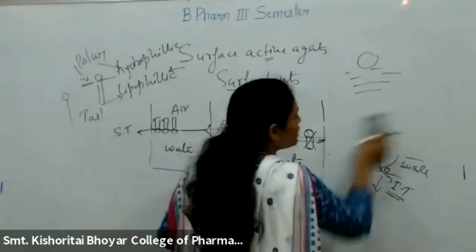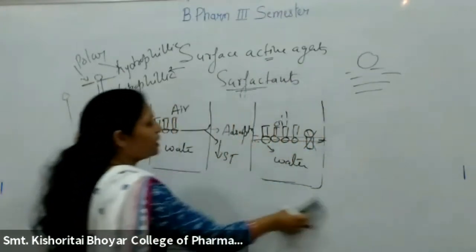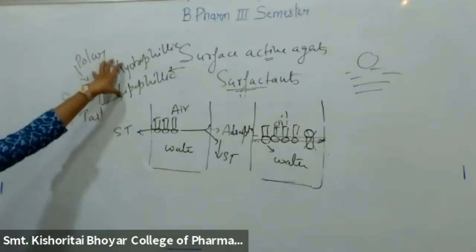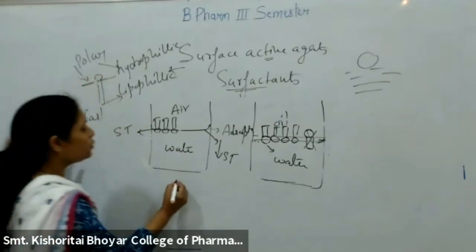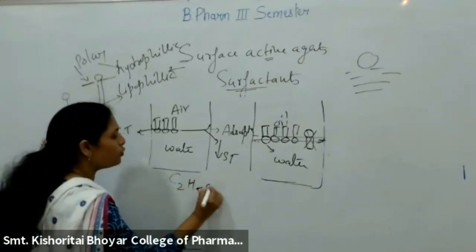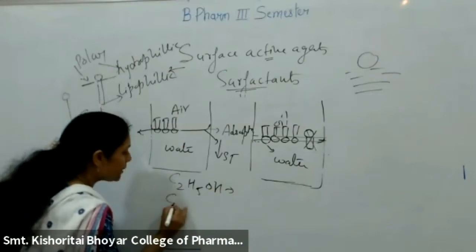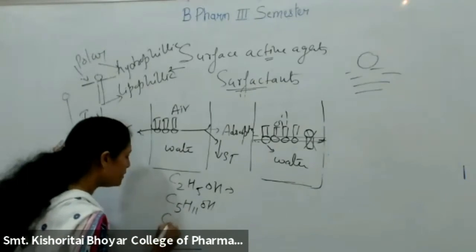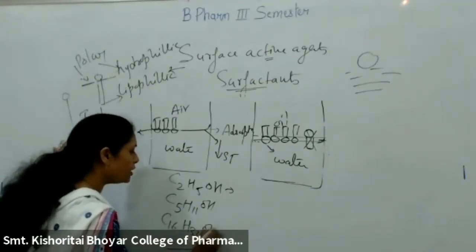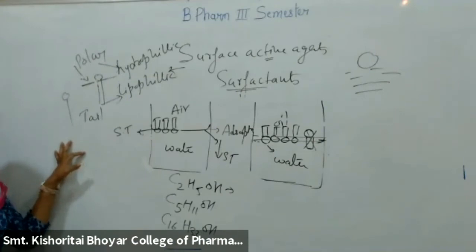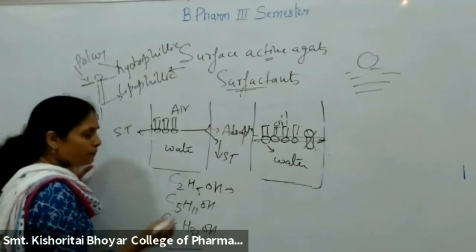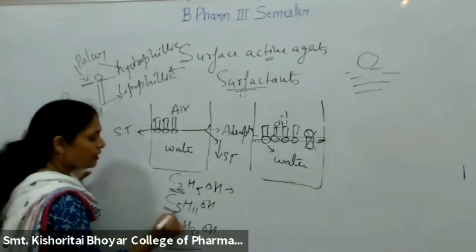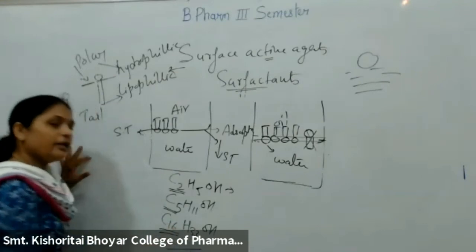So this is all about the adsorption at the surface or interface. Now, which type of materials do adsorb? As I have told you, there should be hydrophilic and lipophilic groups. और मैं example include कर रही थी: C2H5OH, ethanol, then C5H11OH, that is amyl alcohol, then C16H33OH, this is cetyl alcohol. अगर आप इसमें डिफरेंस देखोगे तो यहाँ पे इसमें कार्बन के दो ही ग्रुप हैं. Here there are 5 in number and here it is increased to 16 in number.